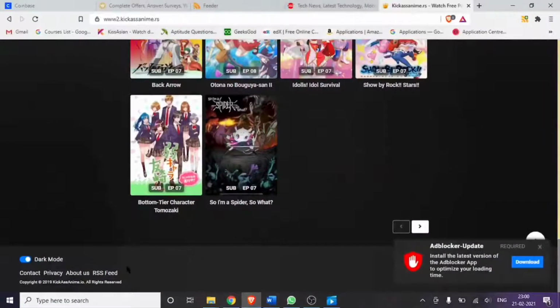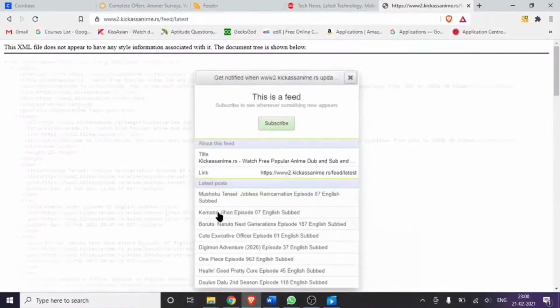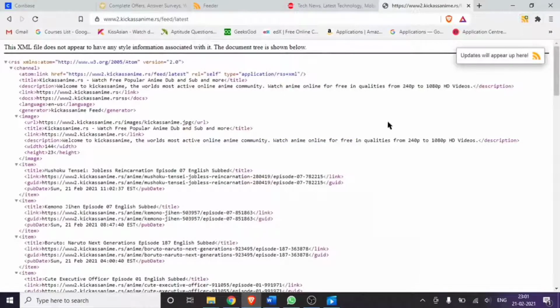At last, when I click the RSS feed reader on an anime website, it jumps onto an XML file. We have the plugin installed, so the XML file is directly subscribed. Here's the code for this anime website.